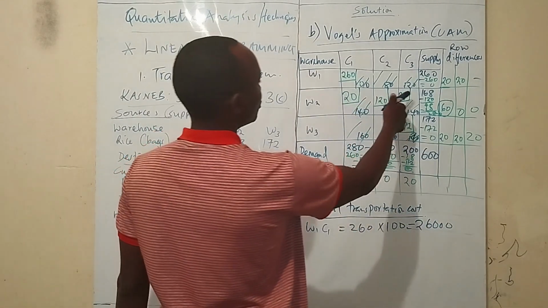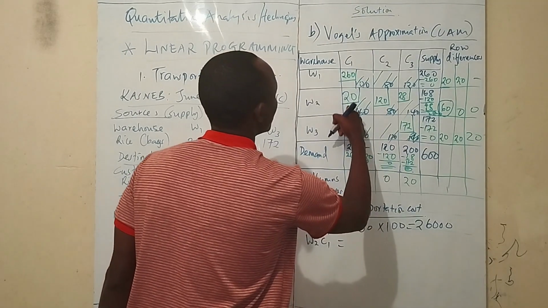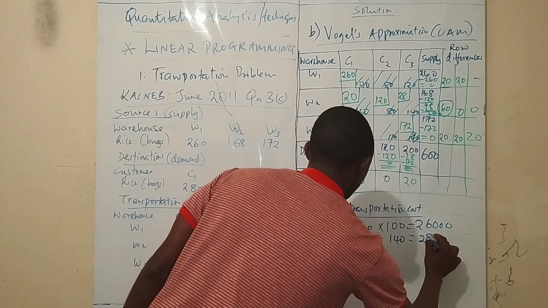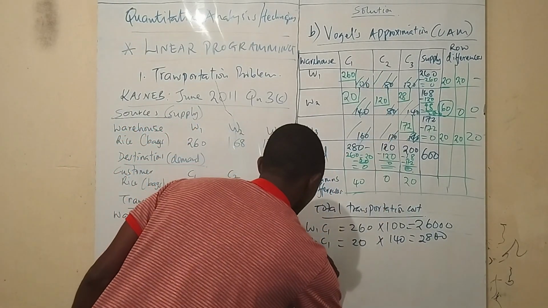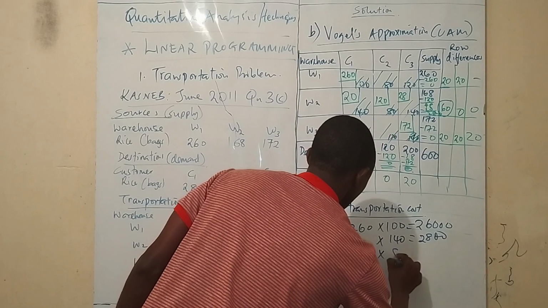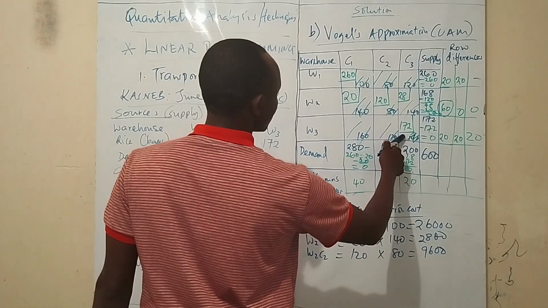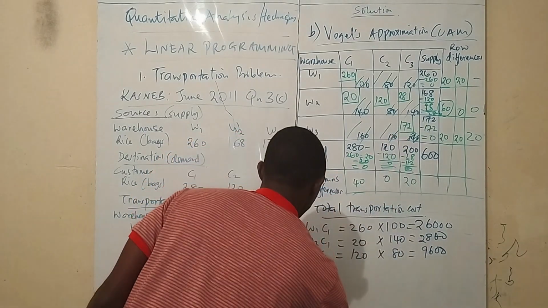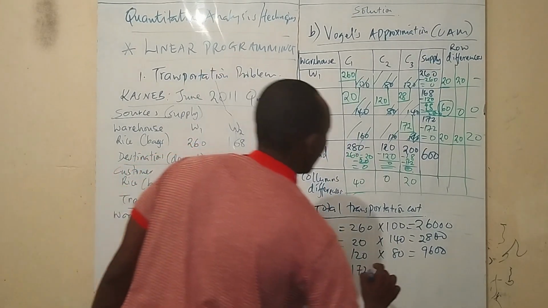Okay, together. And then you move to warehouse number 2, customer 1. Warehouse number 2, customer 1 will be 20 times 140, which will be 2800. And then you move to warehouse 2, customer 2. Warehouse 2, customer 2 will be 120 times 80, which will be 9600. And then again we come here and say 172 times 140. This is warehouse number 3, customer 3. Customer 3 will be 172, you multiply by 140,